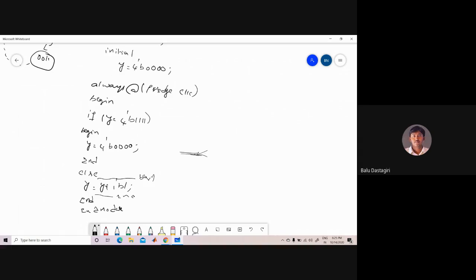Or else simply, what you can take is y of 3, y of 2, y of 1, or y of 0. Initially the counter value is taken as 0. So this is the clock input. Next, whenever the clock comes from 0 to 1 transition,